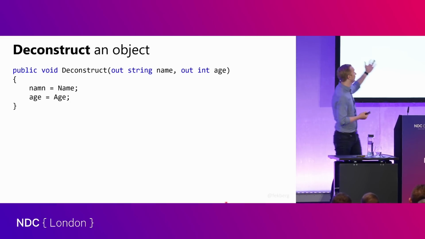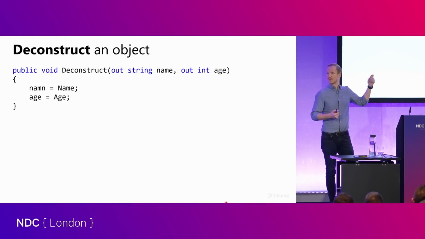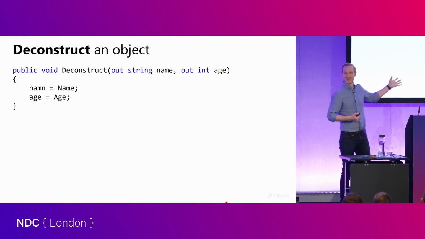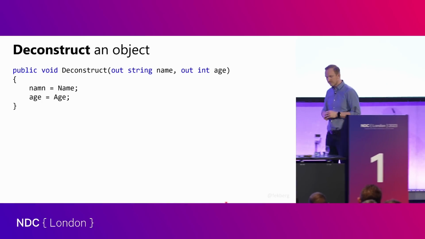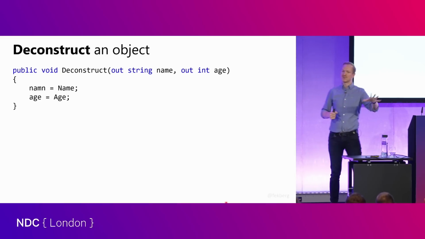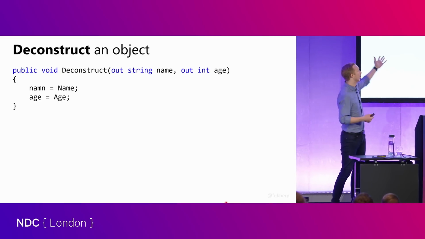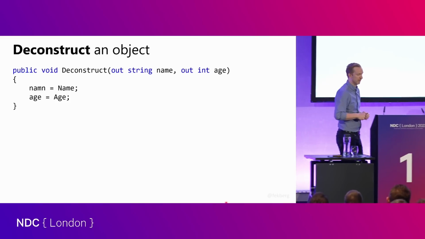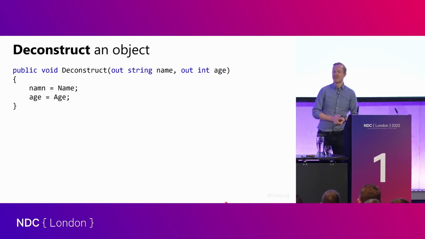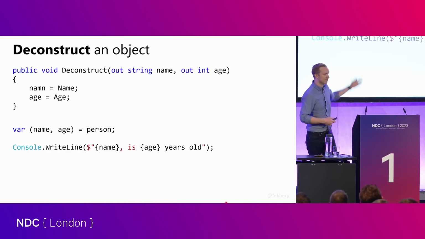For example, in this case here, I did say that using persons and cats and dogs is a really great example. I should really follow my own advice. But then again, this here allows me to grab the first name and the age out of this person. It's a normal out parameter, which you might have used in very early versions of C#. But where this is different from what you've done in the past is that I can now take an instance and I can